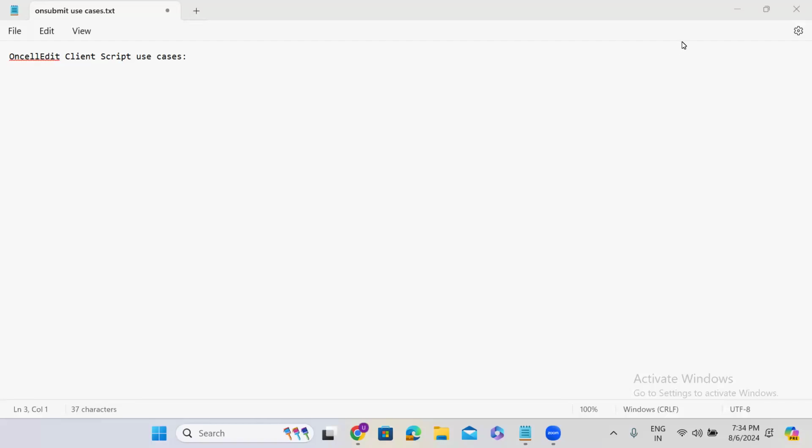As I mentioned earlier, unselected client scripts will never work on the form. They will work only on the list. Okay, that is fine. Guys, unselected client scripts are not an important topic